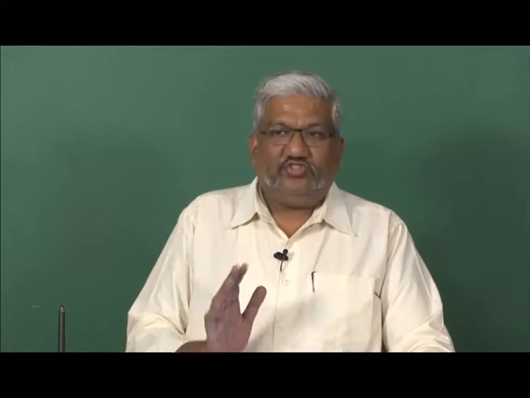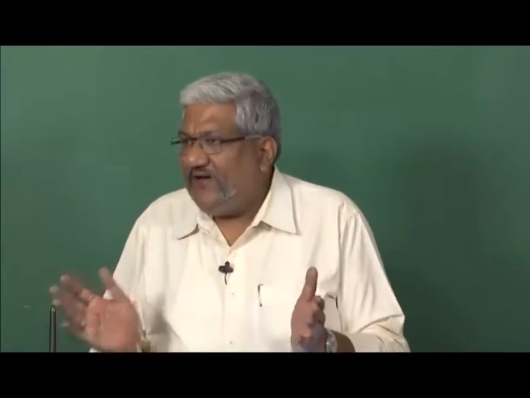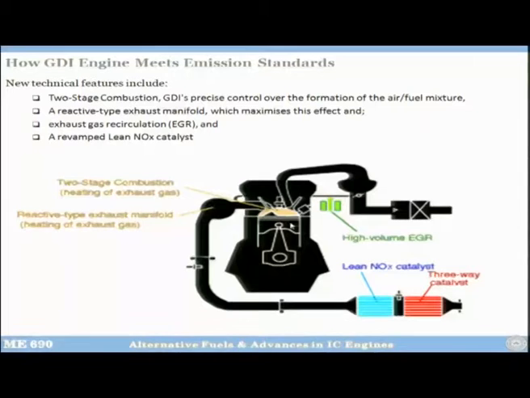Okay. So two-stage combustion means you are doing one injection at the end of the compression just to achieve stratified combustion mode, and the second injection that you do will be in the exhaust stroke only for the first 30 seconds, so that your exhaust is, instead of 200, it is 800. Once the exhaust is 800, what will happen? Catalytic converter will warm up quickly. So this is the two-stage combustion that is happening here.